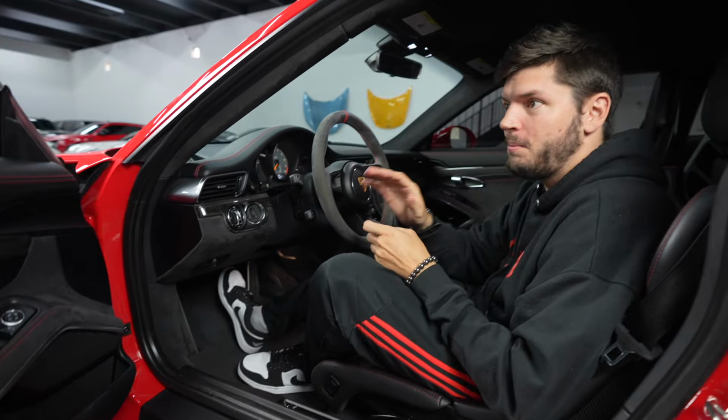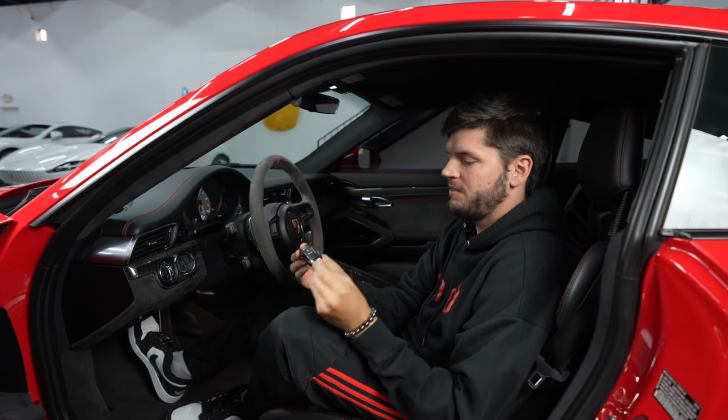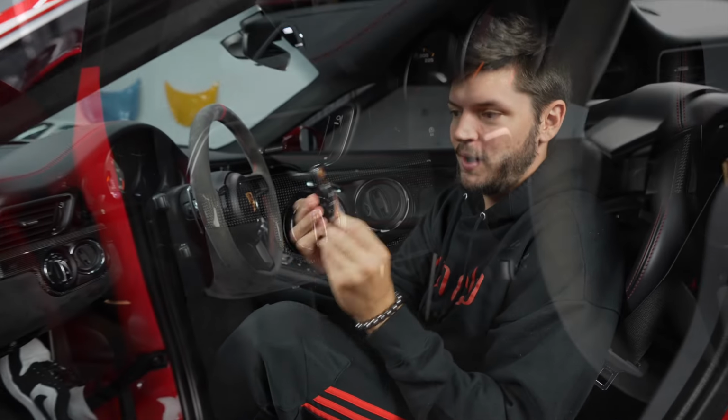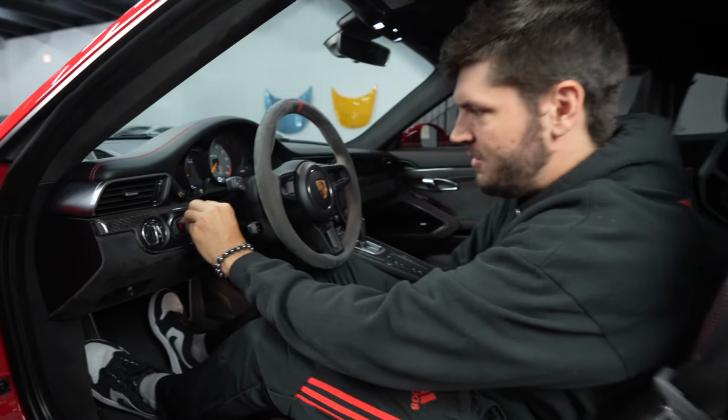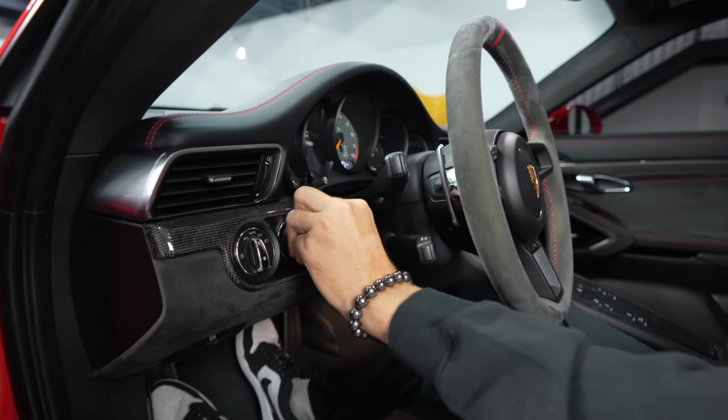And then something that all Porsches have is that the key itself is in the shape of the car and you actually have to turn it. Today's modern vehicles, all you have to have is the key in the cabin and press a button. But this is kind of old school in the sense of